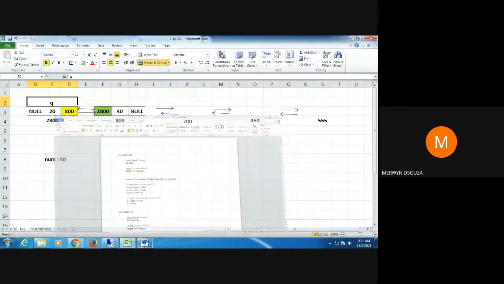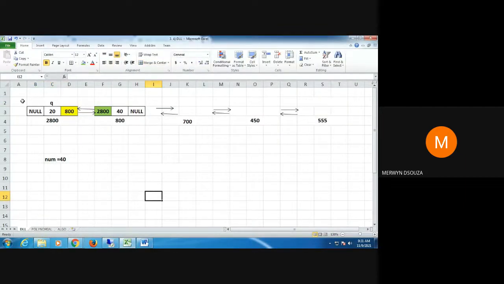Okay. So as you can see, what we are doing here is almost similar to what we have done previously for your singly linked list. Except we need to manipulate one more thing known as the previous in every node. There's a previous part that we need to take care of in every node. That's the only change in the coding of a doubly linked list.